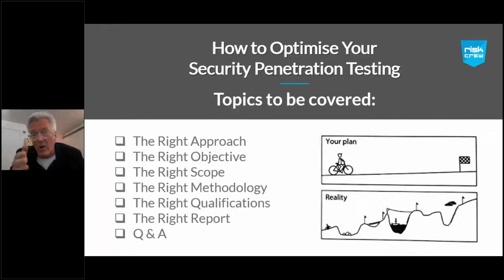All right, so I want to walk through each one of these 6 elements that are comprised of getting the most out of your testing, and then go back and say, all right, for this element, these are the things that you should do, and break down and give you a couple, 5, 6 recommendations under each to optimize the outcome of your pen testing. Okay, so